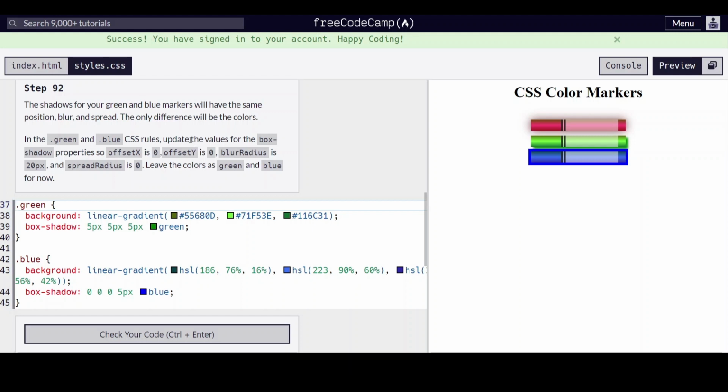The shadows for your green and blue markers will have the same position, blur and spread. The only difference will be the colors. In the green and blue CSS rules, update the values for the box-shadow property, so offset x is 0,